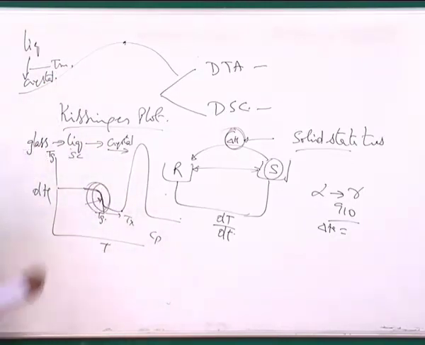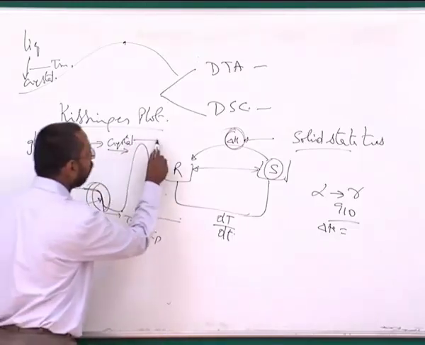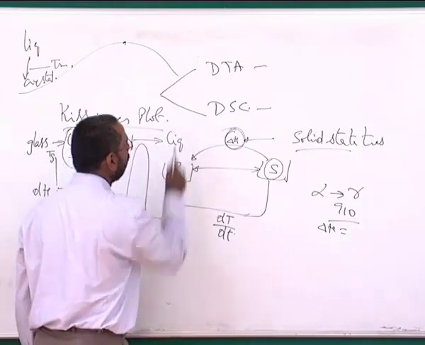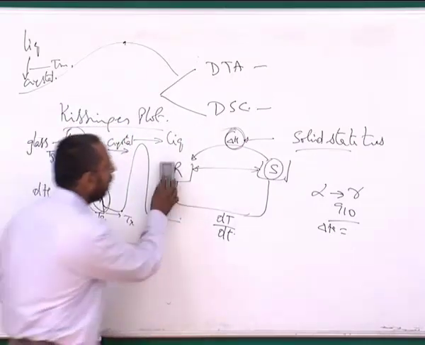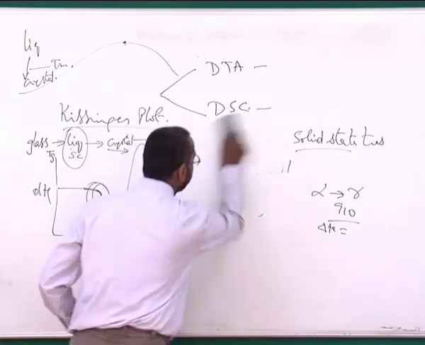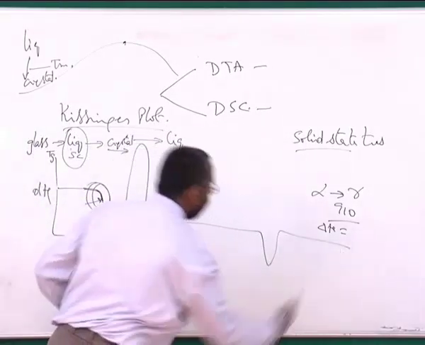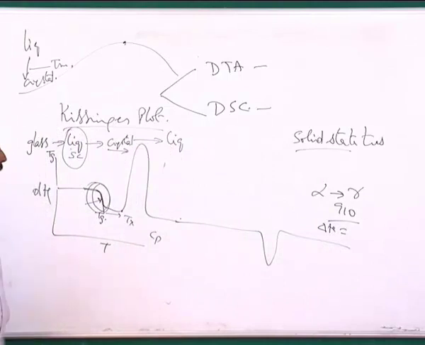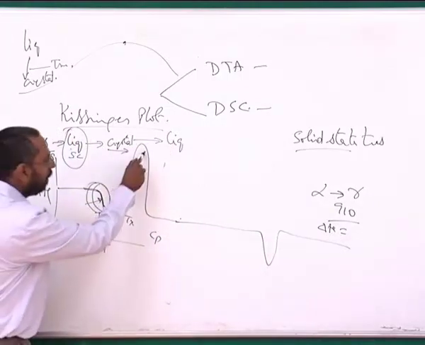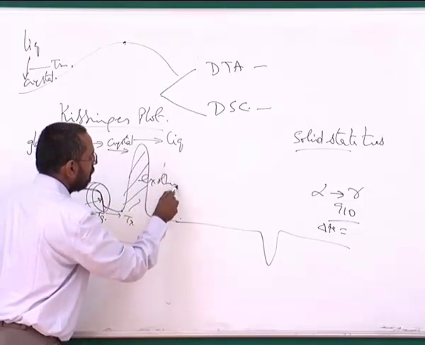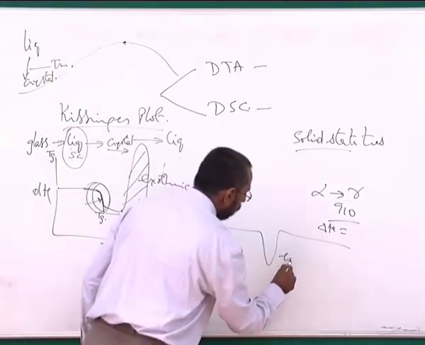The reason is this is not a stable liquid. It's a supercooled metastable liquid. And in principle, if I heat this crystal further, at the melting point, this will again become a stable liquid. So if I further heat this at some melting point, this one gives you a peak like this. And if you carefully observe, this is a peak which is an exothermic peak, and this is an endothermic peak.